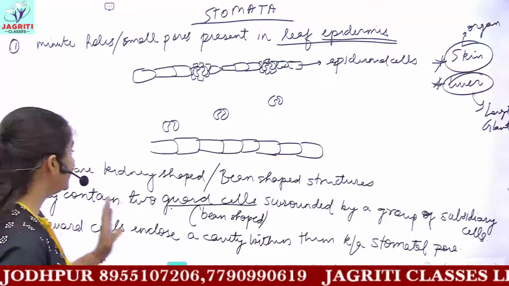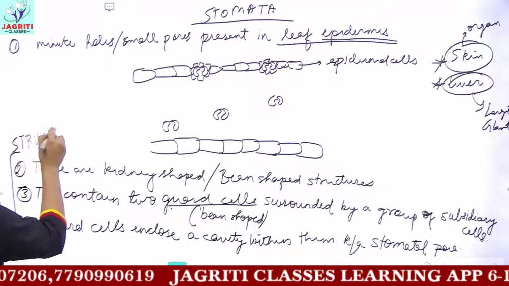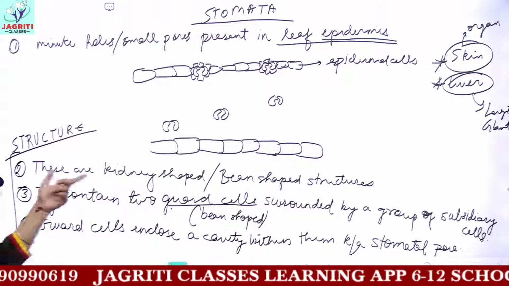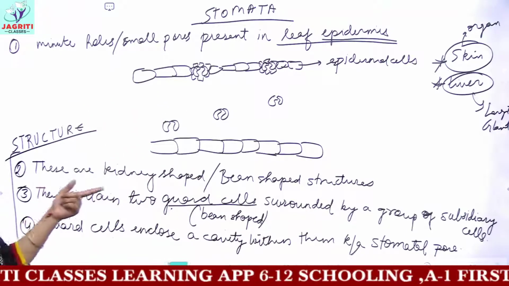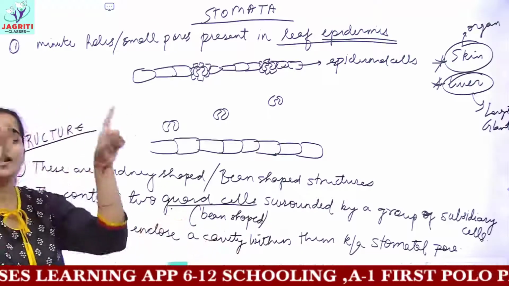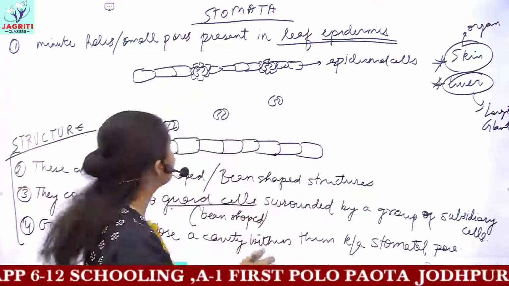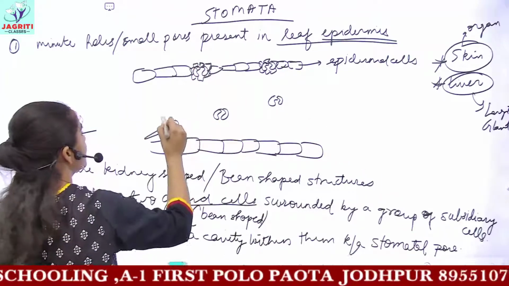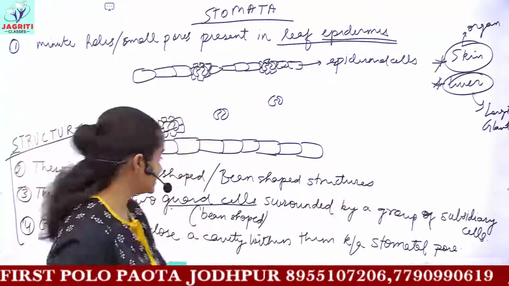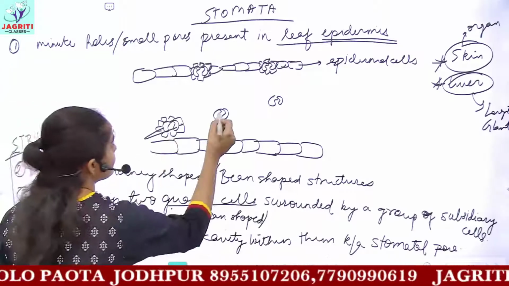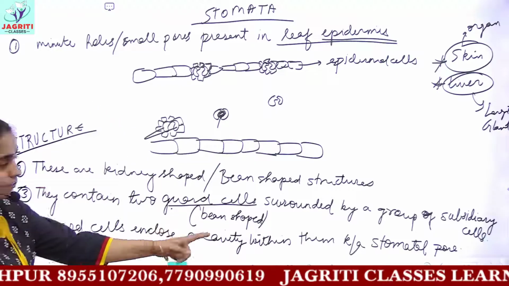Okay, here we are dealing with the structure of stomata in detail. These are the structural features of stomata. So these stomata are kidney shaped or bean shaped structures. They are found in the leaf epidermis, that is the leaf skin. They have two guard cells, your kidney shaped cells. And then you have a group of cells surrounding these guard cells, these flower petal like structures. These are called subsidiary cells. Then next, these guard cells have a space in between them, this cavity. So this middle cavity is called your stomatal pore.